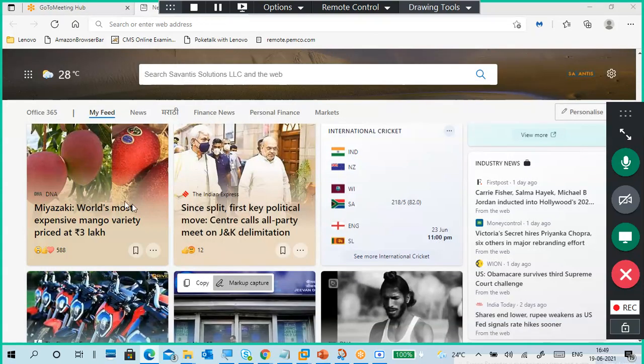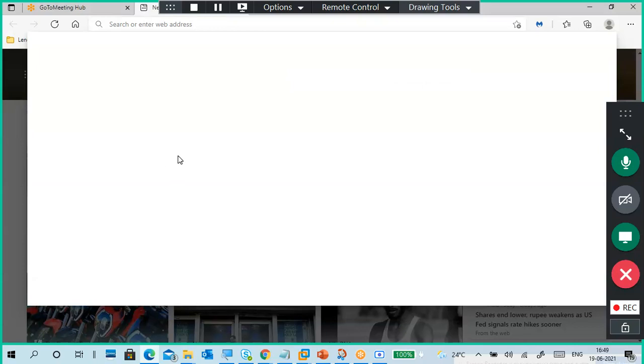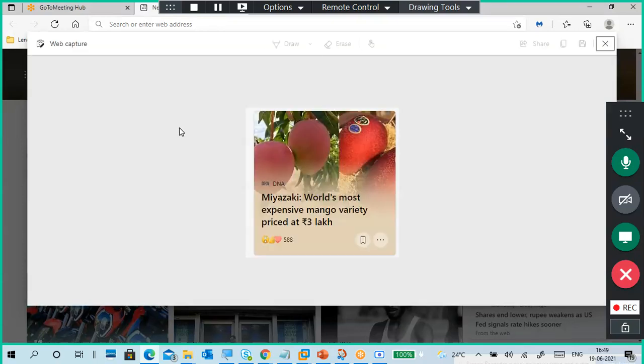So markup capture. It's slow. You can draw on it, so I'll draw my name on it. Now I will save it, or maybe share it, or maybe copy it.